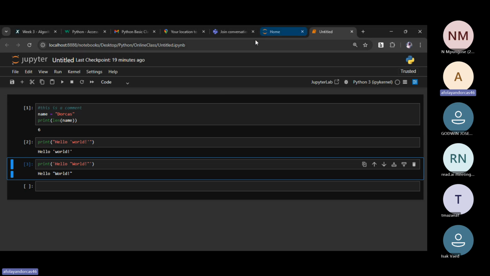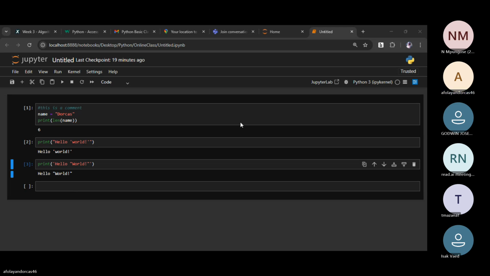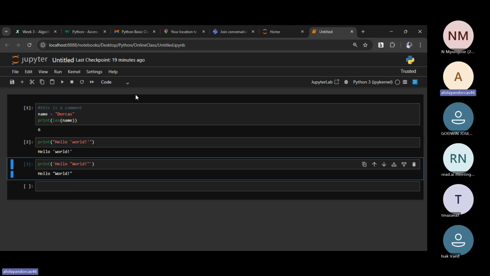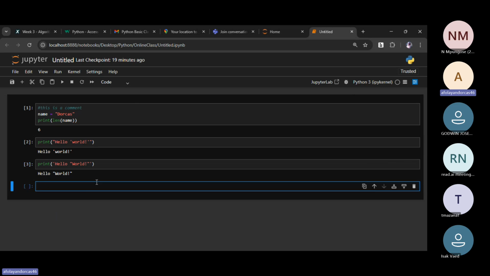So the next thing we are going to talk about is string as an array. There is something we call array. Sorry, my pronunciation might matter. So this is what I meant: array in string.